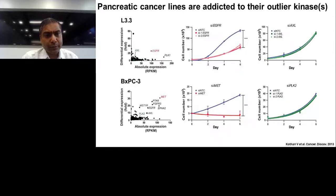So as a proof of concept, what we did was we again took the outlier kinases in a sample-specific manner, and we used specific siRNAs to downregulate those kinases. Here, for example, on the upper panel, you can see the L3.3 cell line, which expresses very high level of EGFR, responds very nicely to EGFR knockdown using specific siRNAs in the middle panel. While the AXL gene, AXL kinase, which is not an outlier kinase in this particular sample, does not provide any